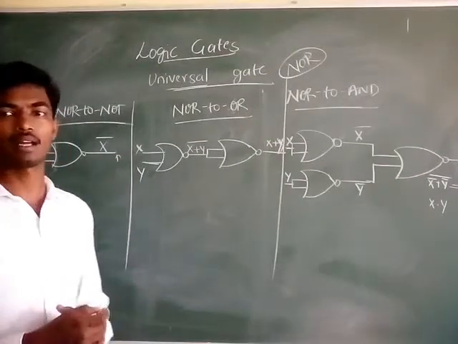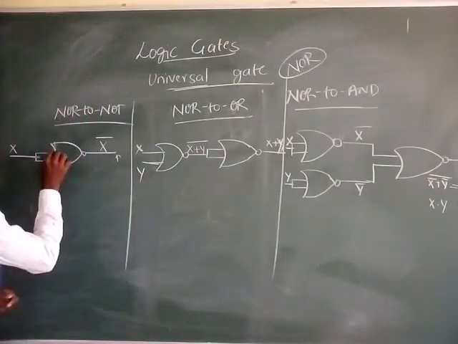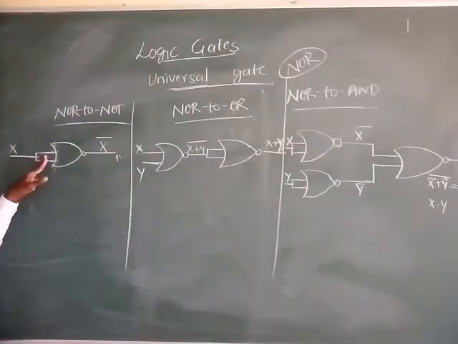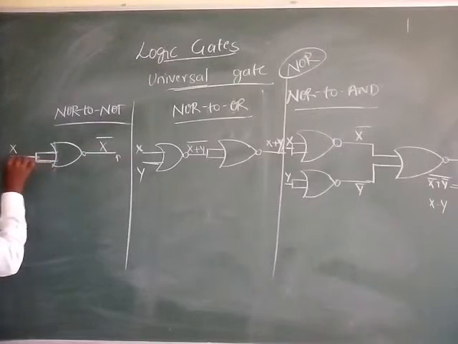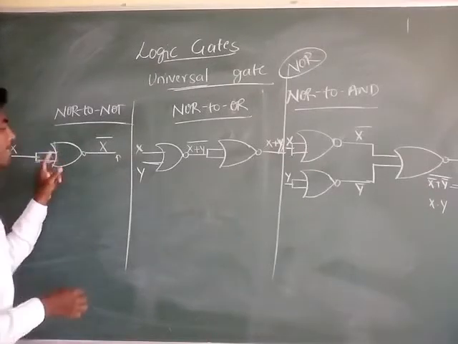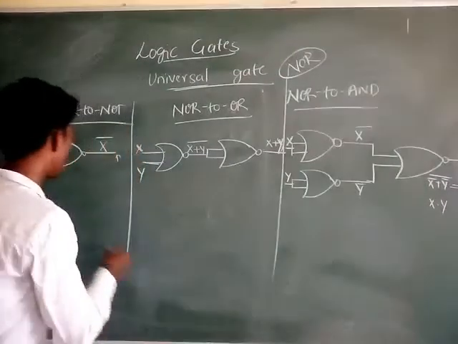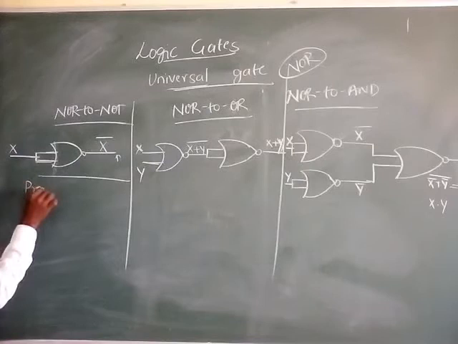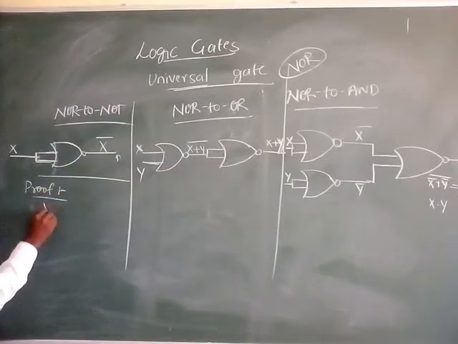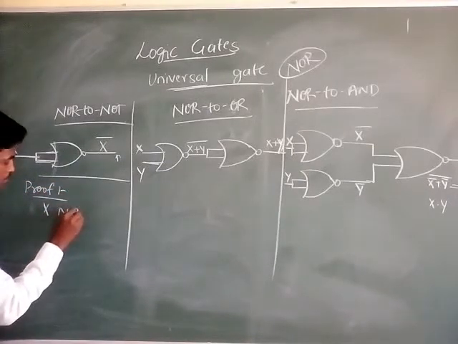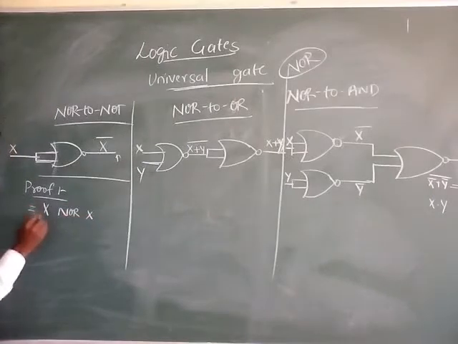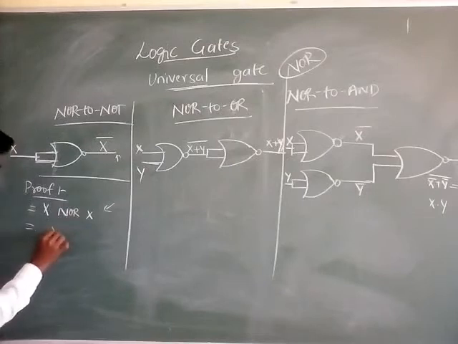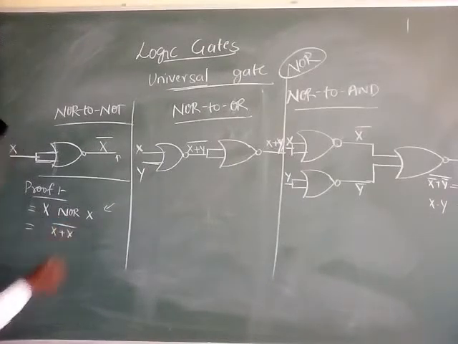Okay now, let us see. Here we can see only a single input will be provided two times. Single input x, provided two times, gives you, here I am just writing the expression, or you can call it a proof, x NOR x, which in the arithmetical or mathematical format you can write as x plus x whole complement.